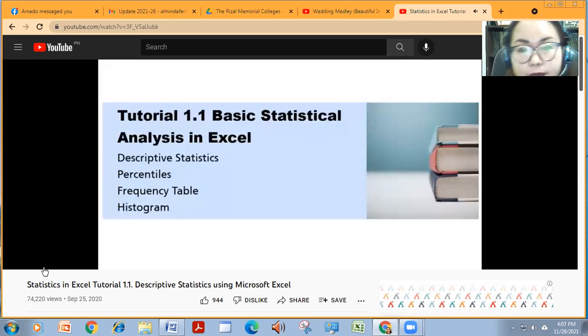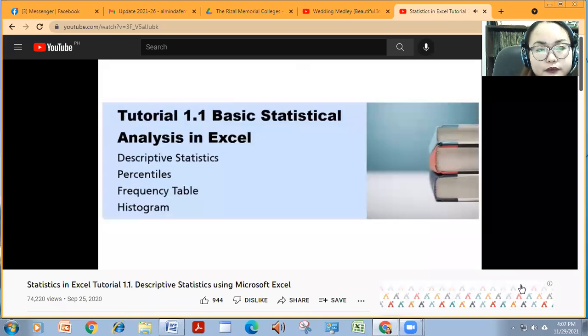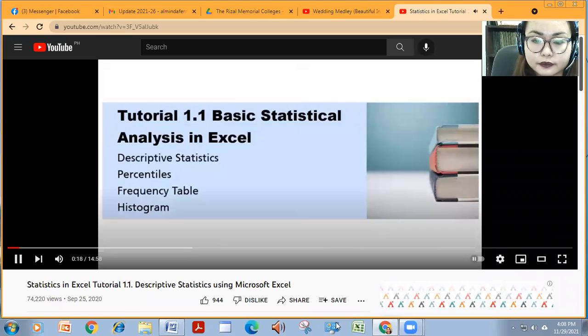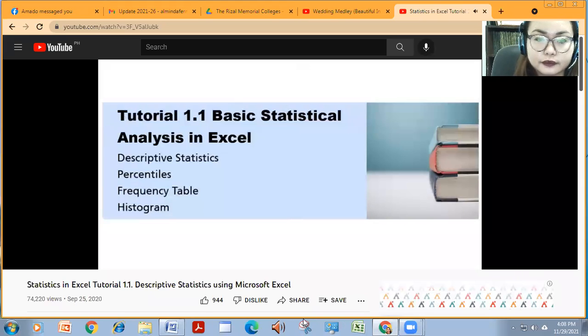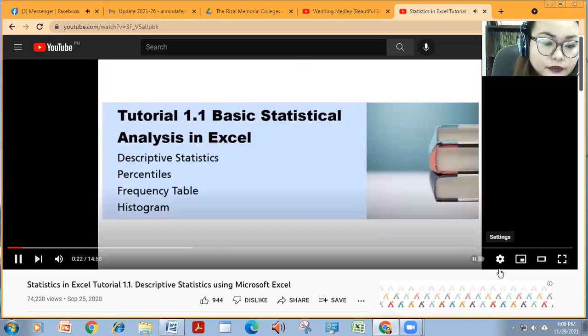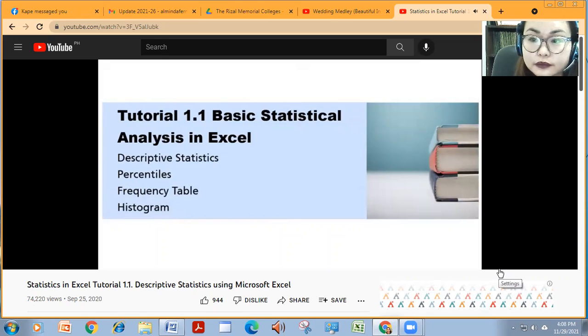In this video tutorial, I'm going to demonstrate how to conduct basic statistical analysis using Microsoft Excel. Even if you don't have access to Minitab or SPSS or SAS, Excel is fairly powerful in terms of generating statistics fairly quickly. In this tutorial, we'll learn how to generate the descriptive stats: mean, median, mode, standard deviation, range, minimum and maximum value. We'll also see how to compute the percentiles. We'll see how to compute the frequency tables and generate a histogram. So let's get started.